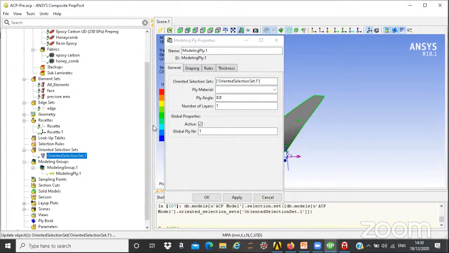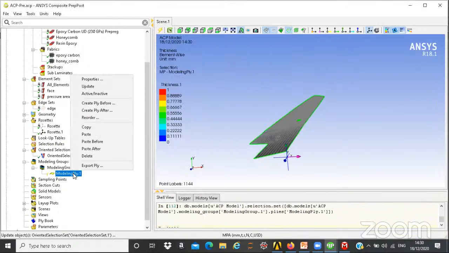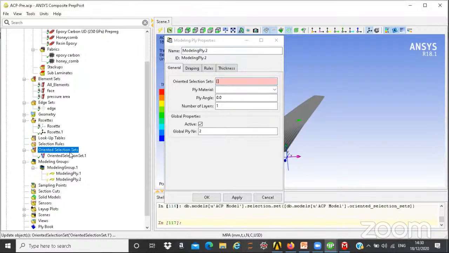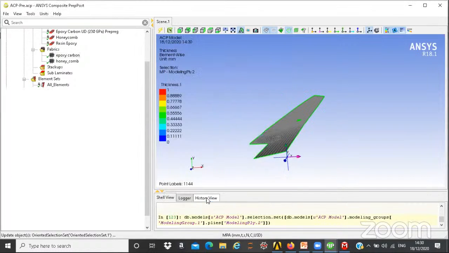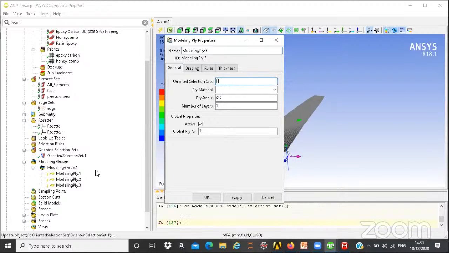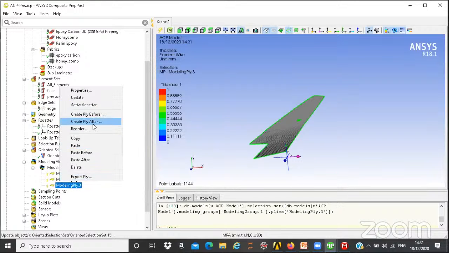So choose your orientation and then material. So first we'll give 0 angle, click on OK, and then right click on that, create ply after. So choose oriented and then material. So you can give the orientation 45, I'll give here, click on OK and right click on this, create ply after, choose your orientation and epoxy carbon. So now I'll give a minus 45, click OK and right click on this, create ply,